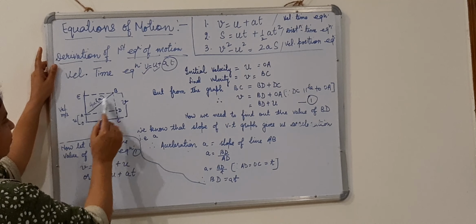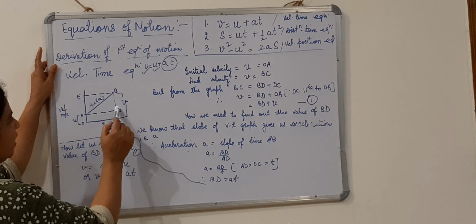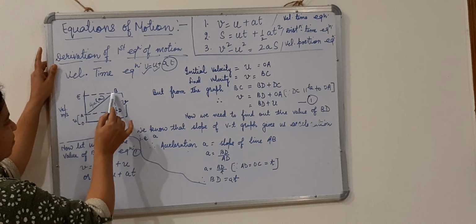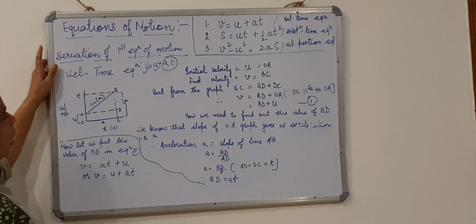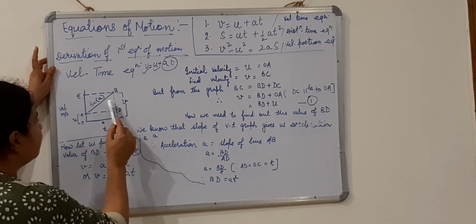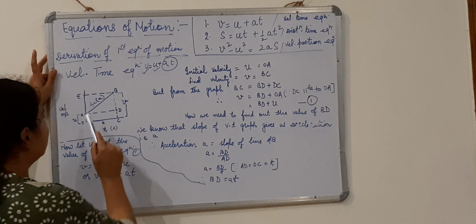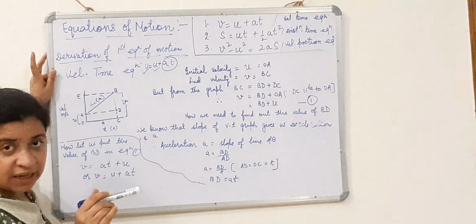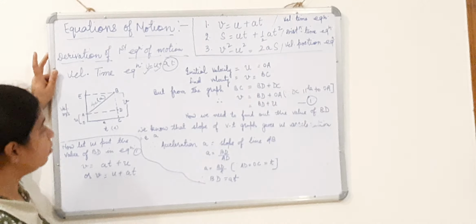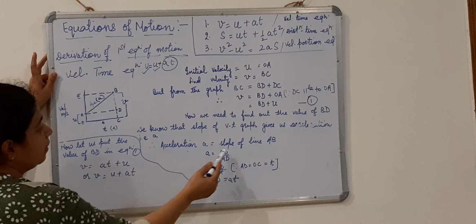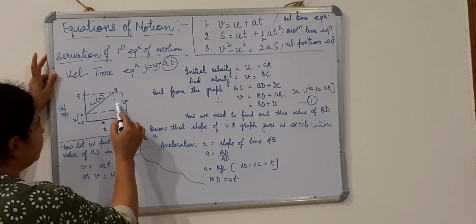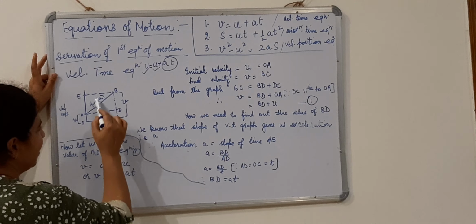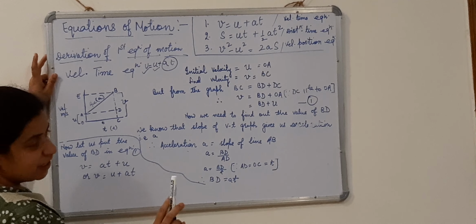Now this AB, there is a triangle ADB, or you can say BAD. Now how am I going to find out this arm from this triangle? I know that acceleration is equal to velocity upon time. A is equal to V upon T. We know the formula. So what is the value of V here? It is BD in this graph, BD upon AB. A will be equal to BD upon AB. We need to find out BD, so I will keep it as BD only.